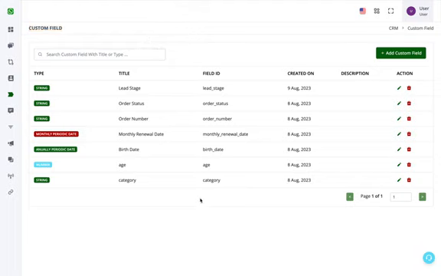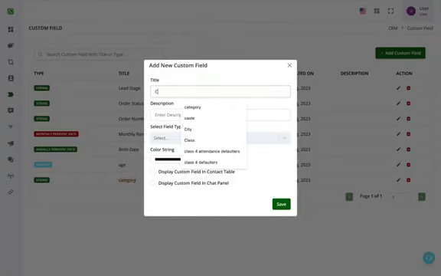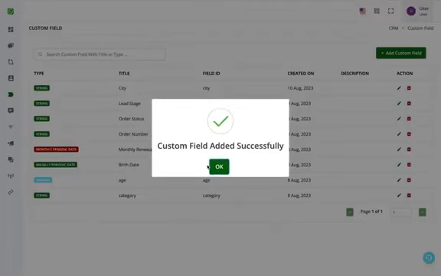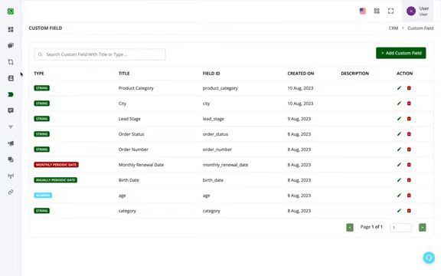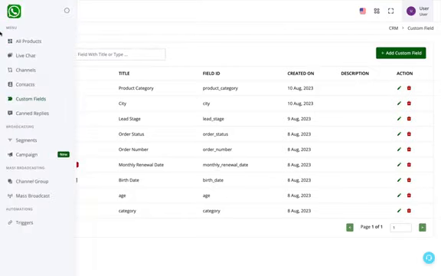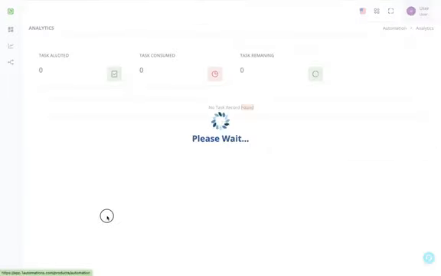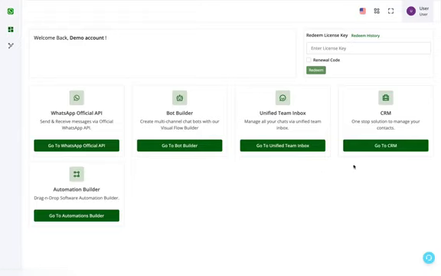So in my bot use case, I want to store the customer's category, either B2B or B2C. I also want to store their city, so I'll simply create a custom field as city, and I also want to store the product category. Now once I have created the custom fields, I'll go to the bot builder,